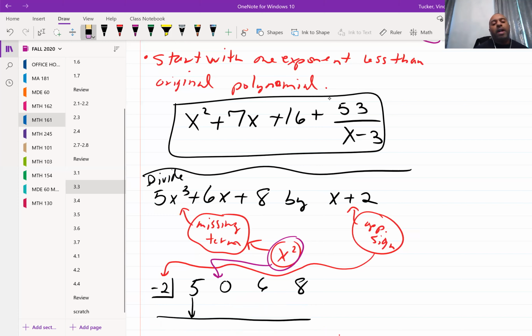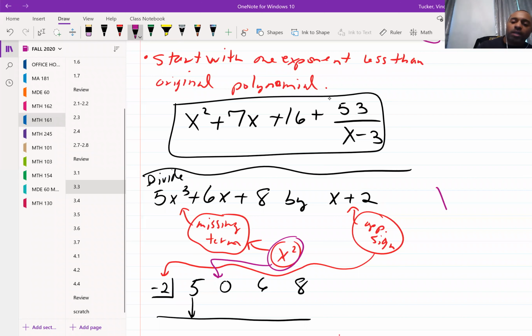All right, so 5x cubed, first thing we recognize, we have 5x cubed plus 6x, so we're missing a term. We're missing x squared, so we have to use those placeholders again. We just use it for x squared, that's why we have that 0 there. Right here, 5, 0, 6, 8, put a 0 in for that x squared term. And once again, we're using the opposite sign,